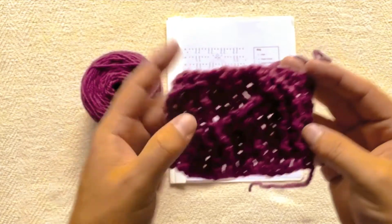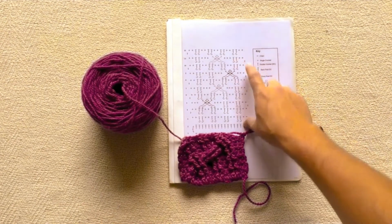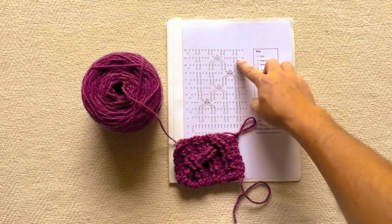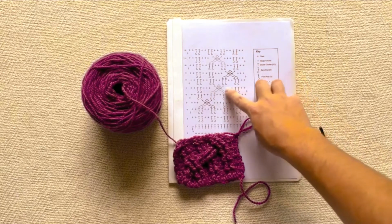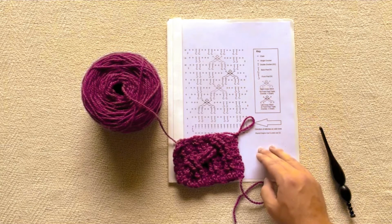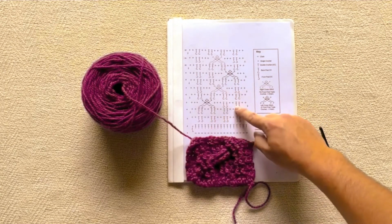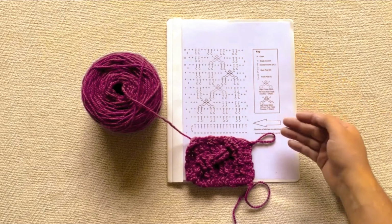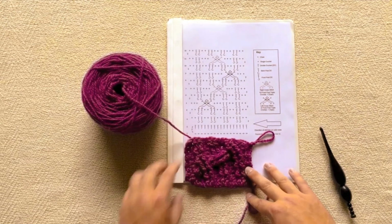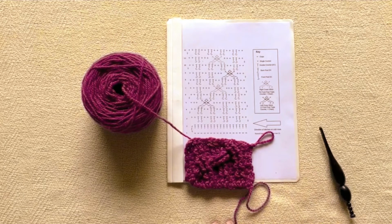Okay, the next 2 rows are going to be the exact same as row 7 and 8, and once you complete row 11 and 12, again the exact same way as 7 and 8, you can begin repeating the pattern, and the repeat is from row 5 to row 12, and you can repeat that as many times as you want depending on how long you want your scarf. So I'm going to do that off camera, and I will see you back here when I am ready to